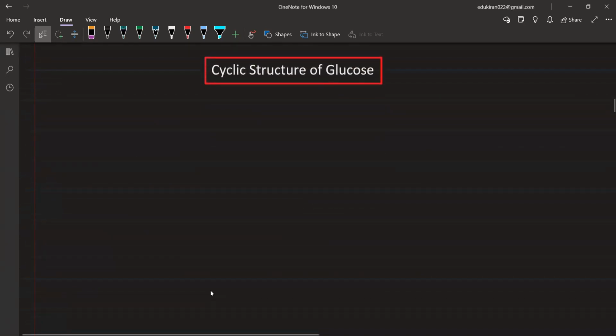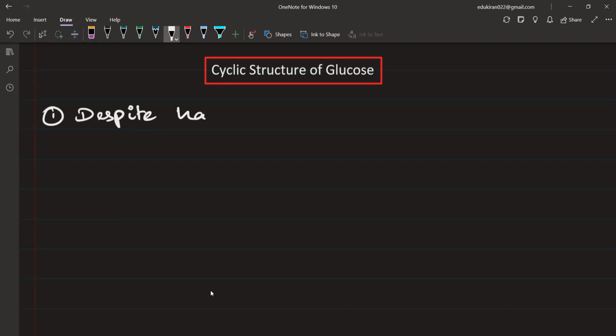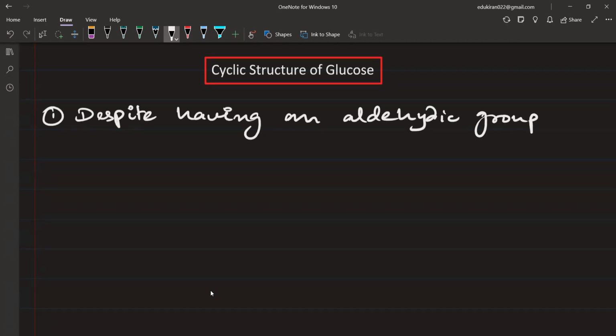Let's see next. Cyclic structure of glucose. Okay. So we have the open chain structure, but we also have the cyclic structure of glucose. Why was the need required? Because at the first point, despite having an aldehyde group,